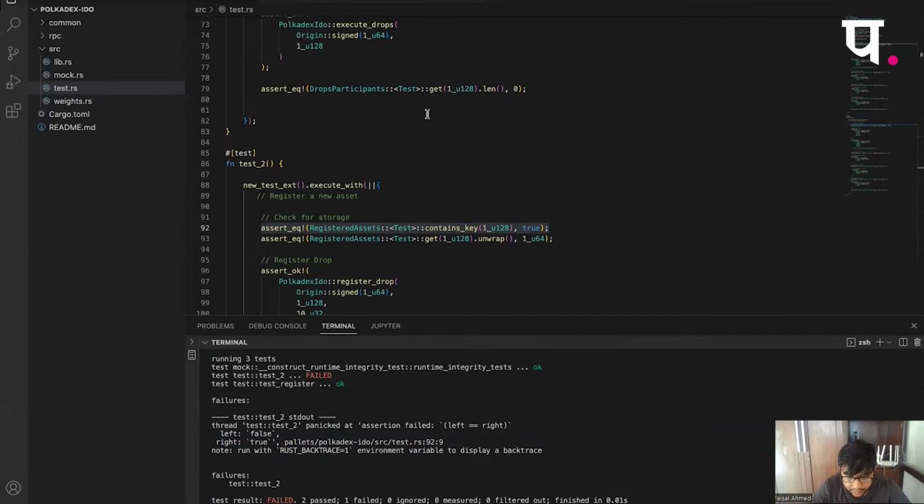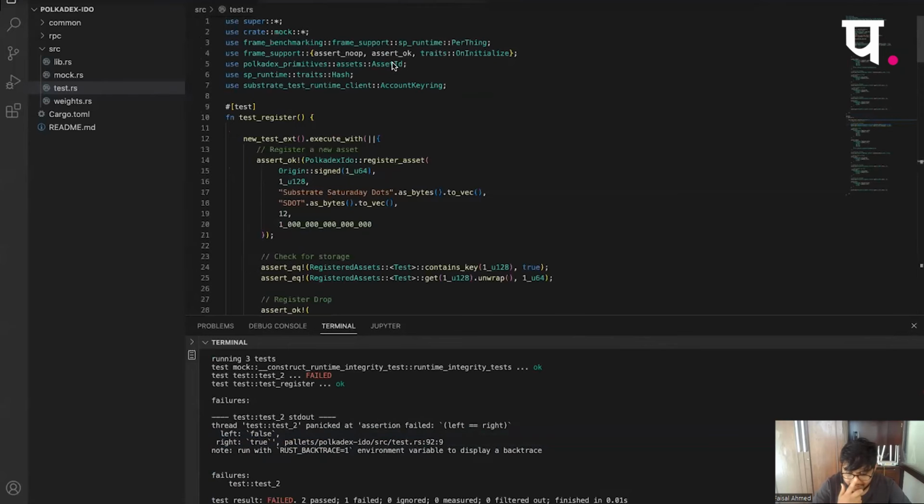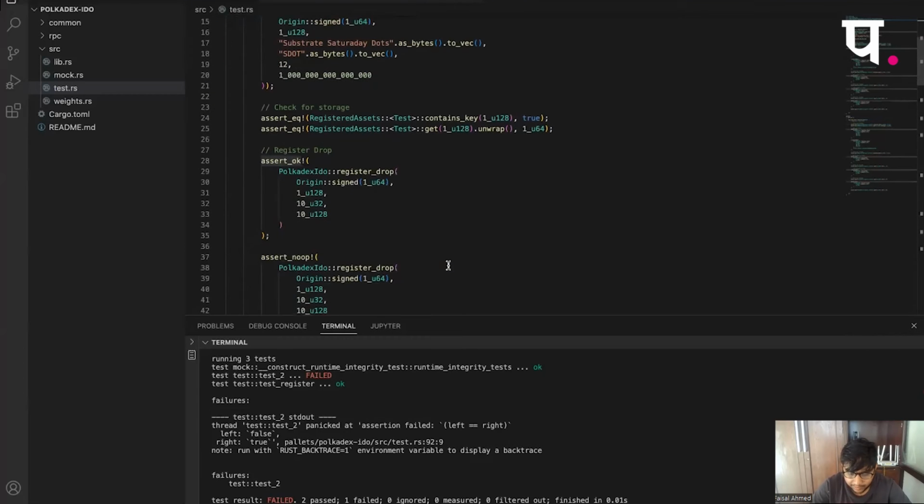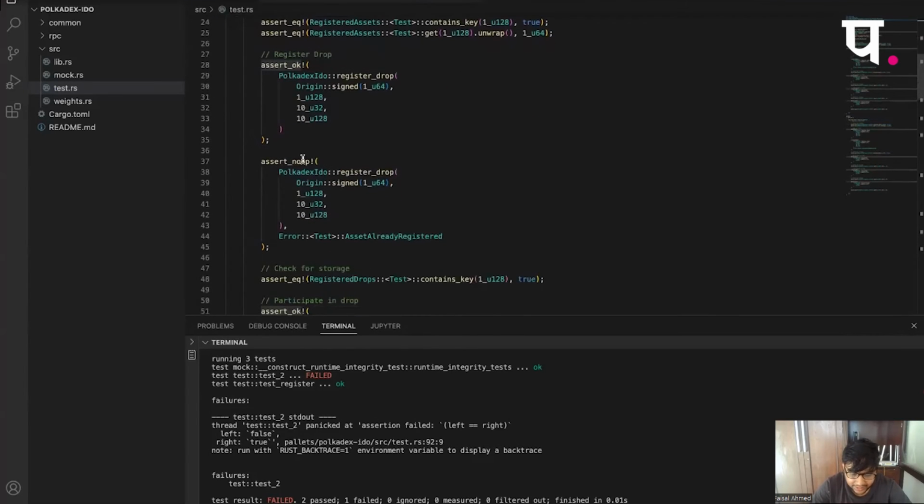I think I will not be working on benchmarking of the pallet, but assert noop is a standard macro. I don't exactly know what noop stands for. I assume it's something negative, but it is what FRAME, that is Substrate, provides. So it provides both assert noop and assert ok. In simple terms, it's a declarative macro, so it can just easily be something like an assert equal to, and this would also work right out of the box.